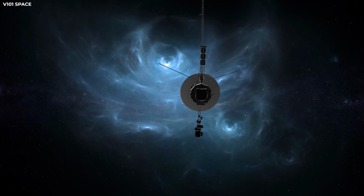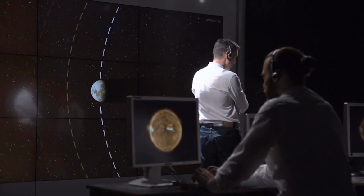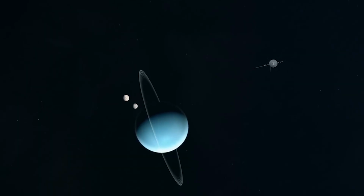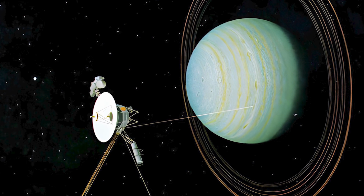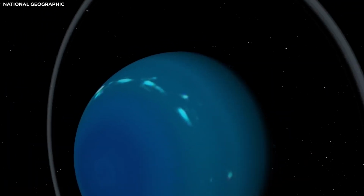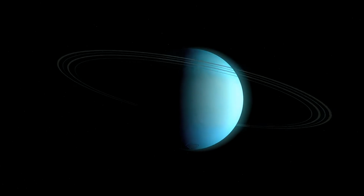Voyager 2 arrived at Uranus in 1986, and the data collected during this flyby changed scientists' understanding of the planet and its system. Uranus, which was unique for its tilted axis, about 98 degrees, was found to rotate on its side, unlike any other planet in the solar system. This tilted rotation indicated that Uranus may have suffered a massive collision in its early history, knocking it into its